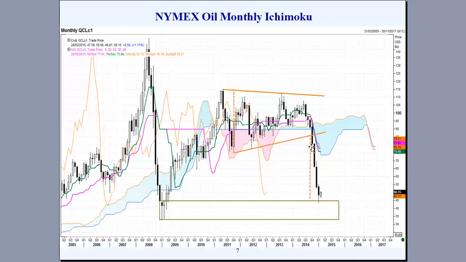Now, the other thing that occurred when we saw the breach of that lower barrier and the strong close down below there was the breakout down below the Ichimoku cloud, and then we had the strong confirmation that we'd like to see to give us a greater probability of developing the trend to the downside, and we have then eventually seen the market trending down very, very strongly. In terms of the depth of price action, current price action away from the Kijun-sen and Tenkan-sen is just looking a little overextended, not in a major way, but just a little.